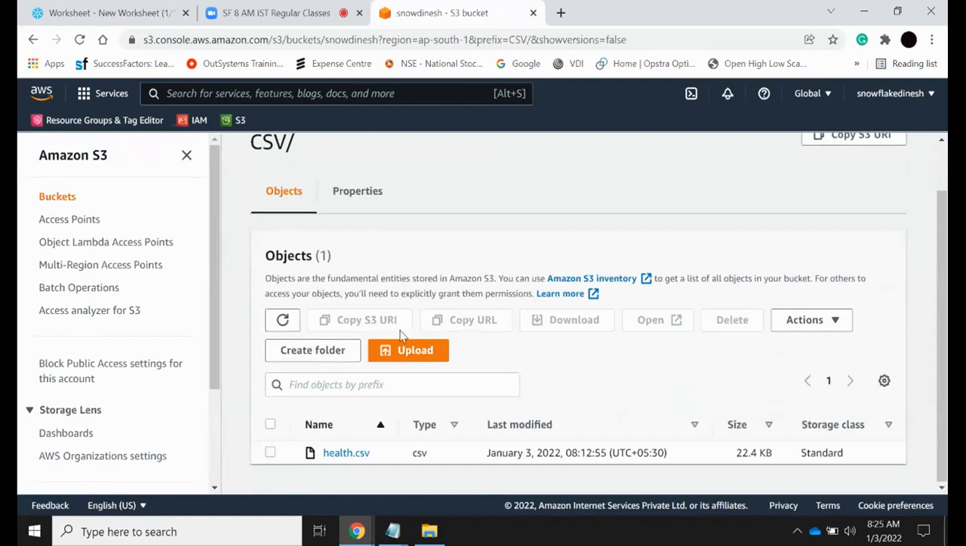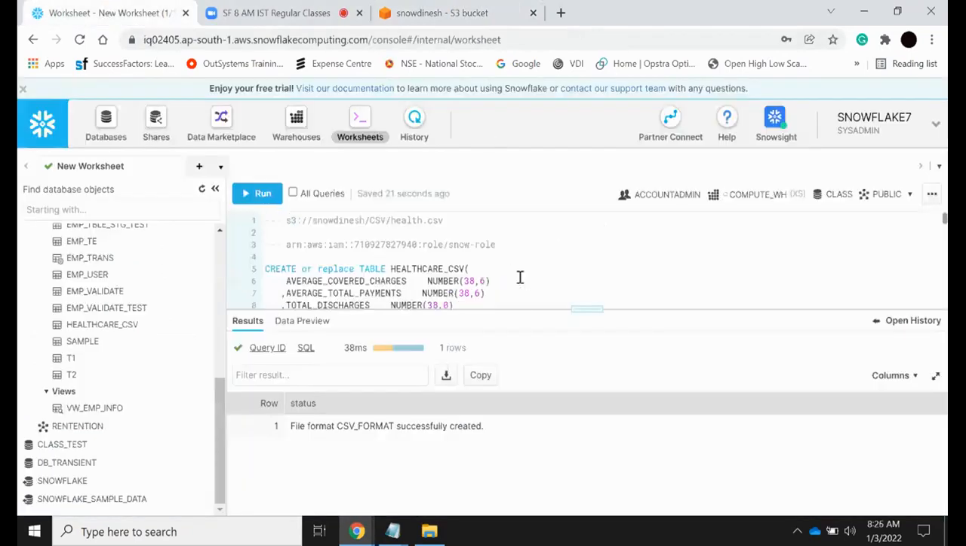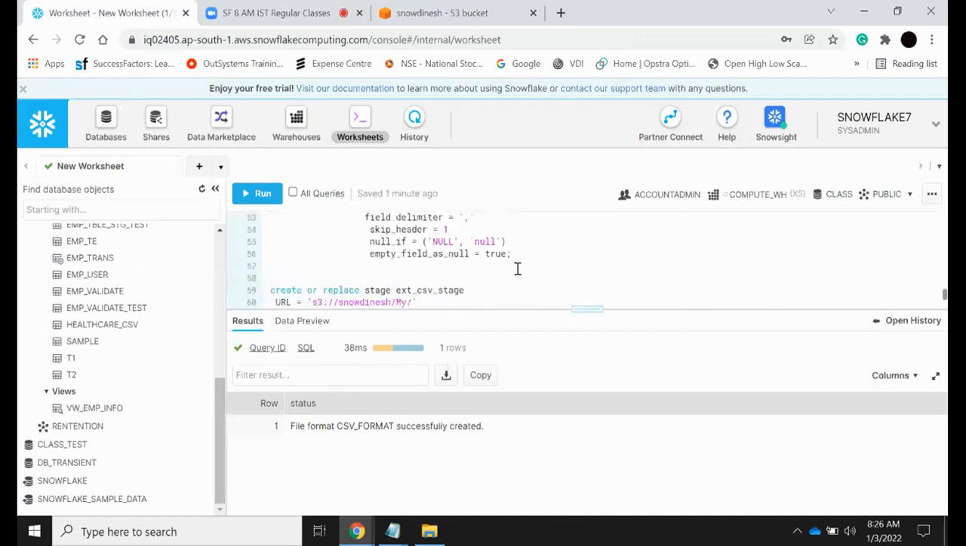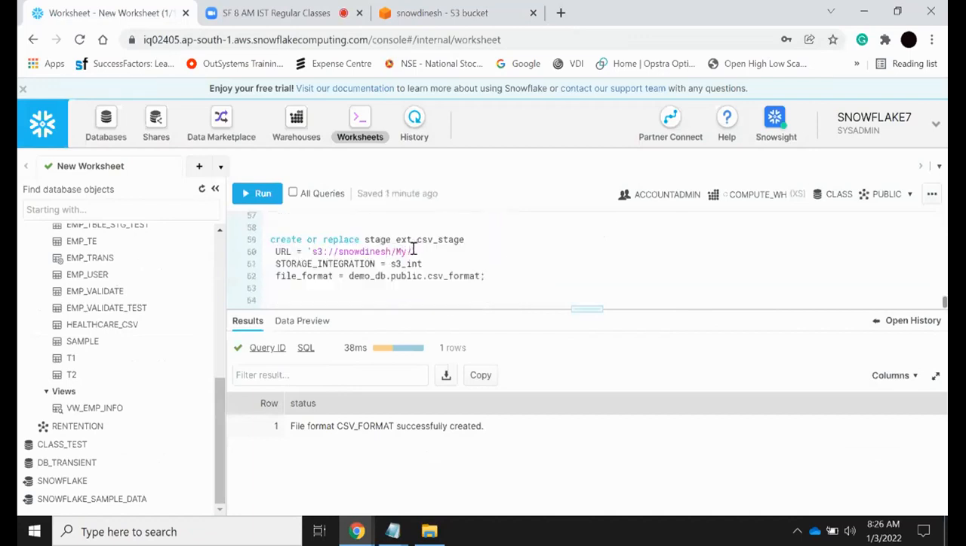Now, if you observe, only one file is available. If you want to copy only one file, you can give just that particular file name. Here, the path we have already copied. This is the path where your file is available. What we can do is give the same URL here, so this particular file, health.csv, will be copied from this URL and then